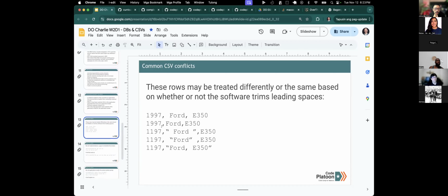But the point of this slide is that you need to be mindful of how you type your data, right? In this example, all of these lines may be interpreted differently based on where you're passing that data in. So I think, Mikhail, you were asking earlier, do we need quotations or not? It's hard to say because it depends on where that data is going. If you send this to Microsoft Excel, it might be treated differently from if you were to send it to Google Sheets or iOS Numbers,